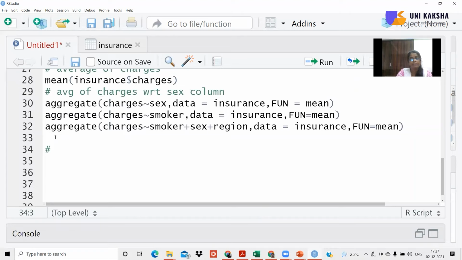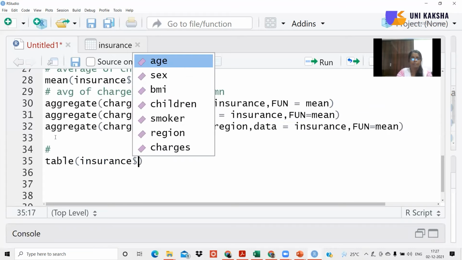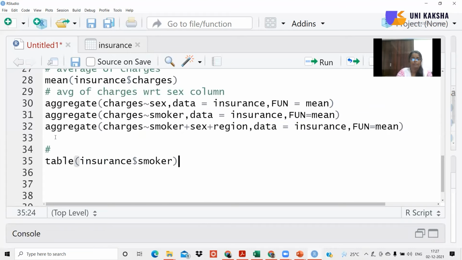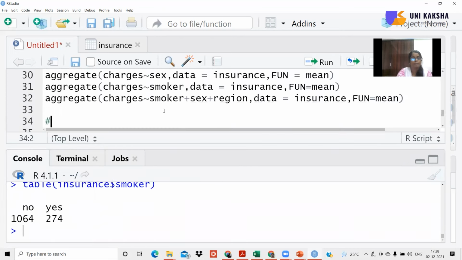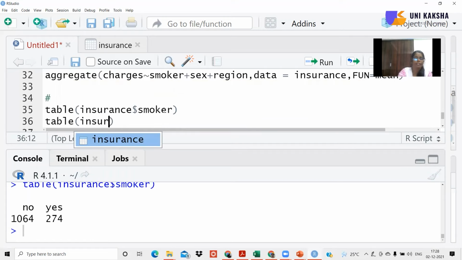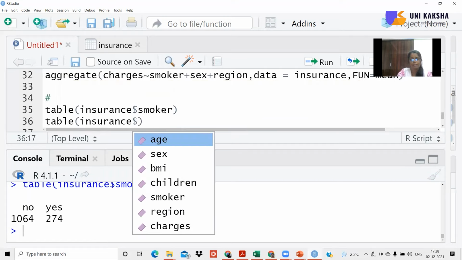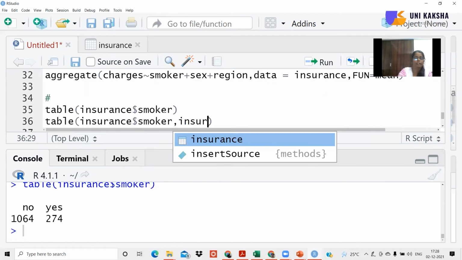If you want to know the frequency of the observations with respect to, suppose say, smoking habit, then you can simply use this function called table, and I can pass insurance dollar smoker. So it will provide me the information about what are the total number of people who are smokers and non-smokers. Similarly, if I want to find out the table of smoker with gender,